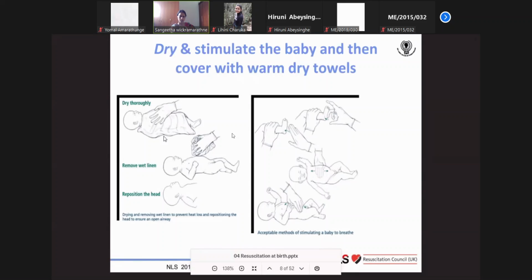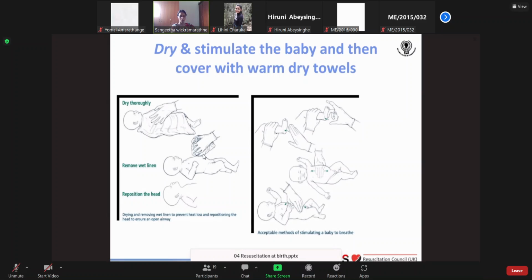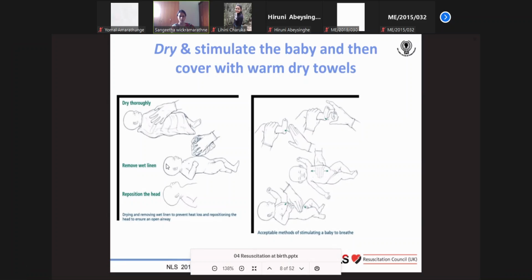So you dry with one warm towel while stimulating, and that towel will get wet. So you have to discard it and take another towel and cover the baby up. And if there is a cap, you have to put the cap on as well. Then you have to look at the chest. That's the only place you might not cover with the towel. Head you have to definitely cover, because it's the major place where the heat will be lost. And then you cover the rest of the baby except for the chest, because you want to observe for chest